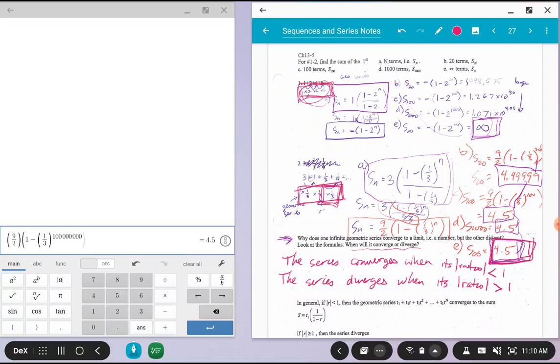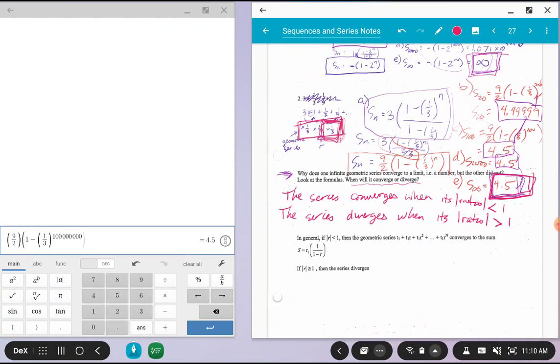Say that value of 2 is definitely greater than 1. We saw that it diverged to infinity. And when that ratio was smaller than 1, right, 1/3 is smaller than 1, then it converged. Okay? So putting those things together, what we can now say is based on that ratio, a geometric series will converge. If we recall the formula being t sub 1 times 1 minus r to the n power over 1 minus r, because the ratio will be a value less than 1,